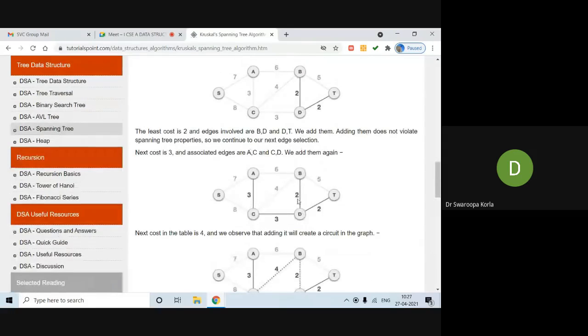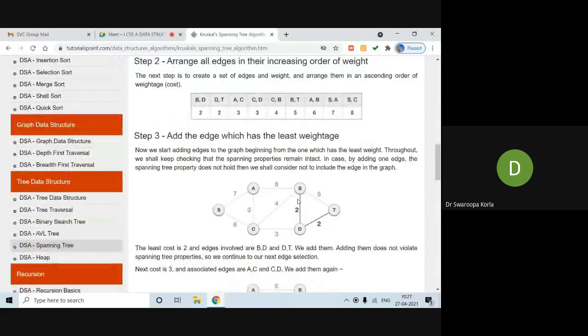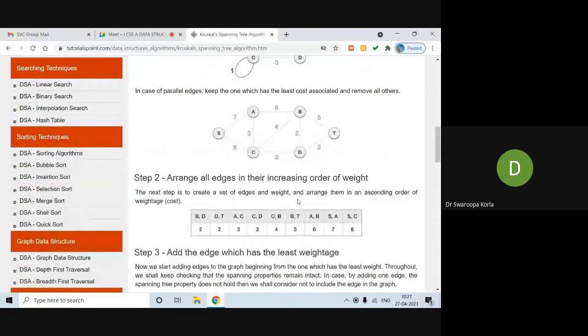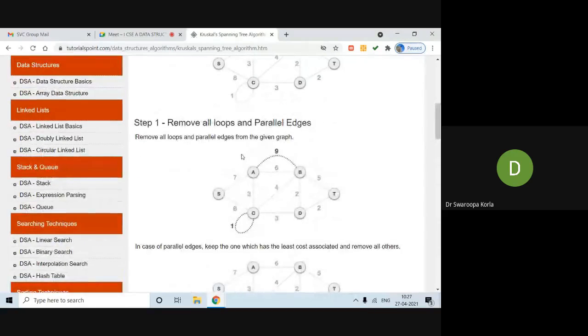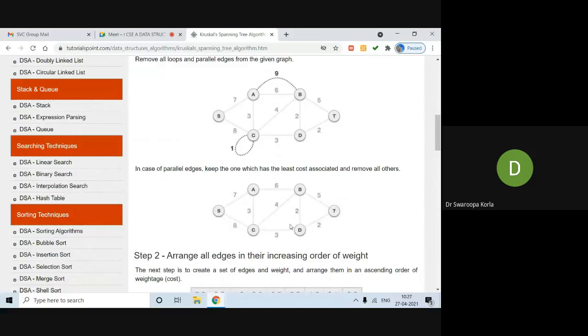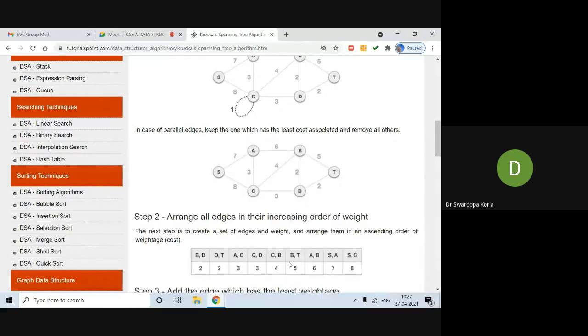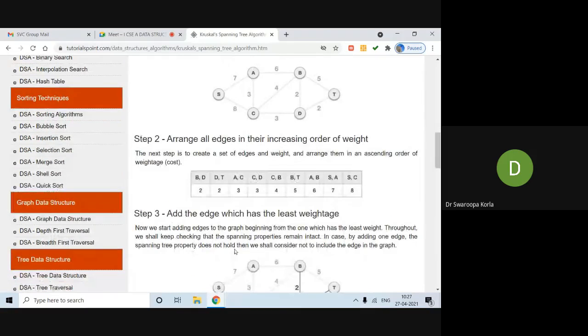See, simply the first step is to ignore the parallel edges and loops. Again, draw the graph. Arrange all the edges in their increasing order of weight. Okay, and after that add